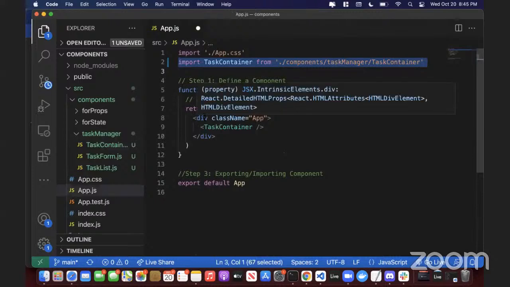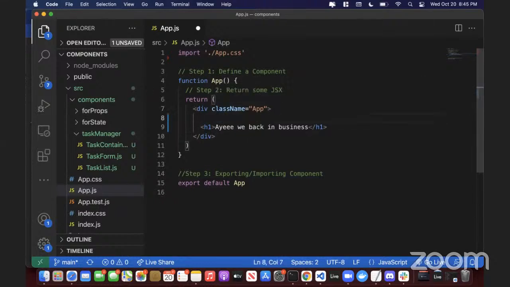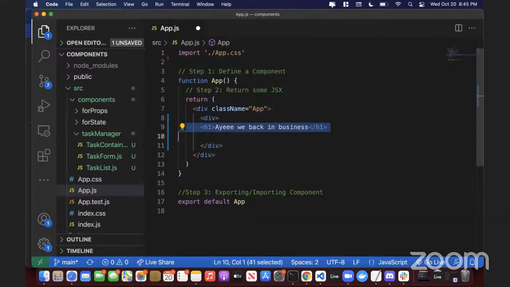And then here in the app.js, I don't need it to reference the task container anymore, because I'm just going to work on something different. And yeah, so I'll just clean it up. And instead, I'll just add an H1 and say "back in business." I'm gonna add just another styling thing into here, just for the sake of trying to make it look a little nicer. So inside of the